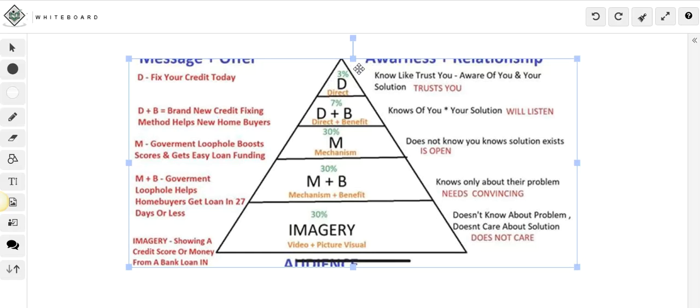These are people who already know you, already like you, already trust you, and are aware of you and your solution, and basically they buy or sign up or join because they know you and because you asked them to. So it might be a sibling or a friend, and you're just like, hey, I just started this credit repair business. You should do it with me. And they're like, yeah, cool, let's do it because I like you, I trust you. But that's a very small amount of people.